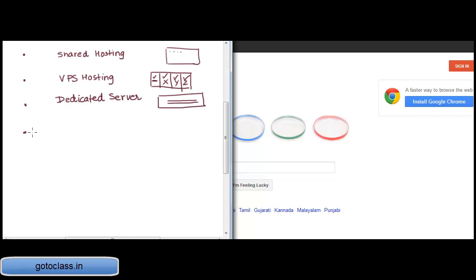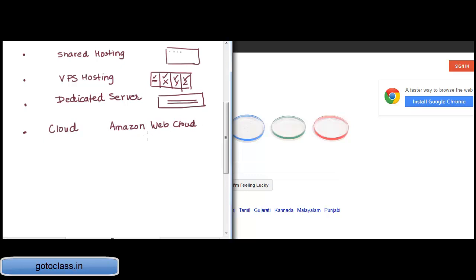Actually, there is another final option which is called the cloud, and I have a separate course where I'm going to teach you how to use the cloud, especially Amazon Web Services, or the Amazon Cloud, which is a very useful set of hosting that is now made available to practically everybody.